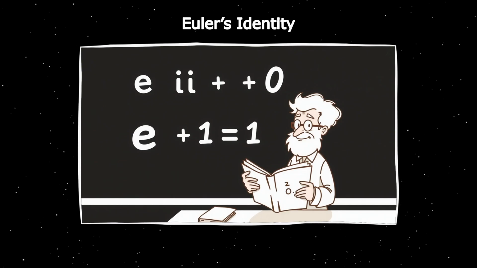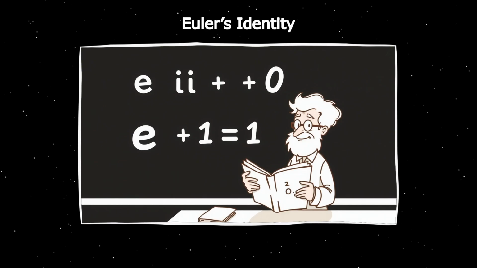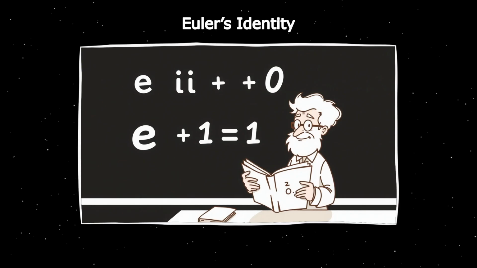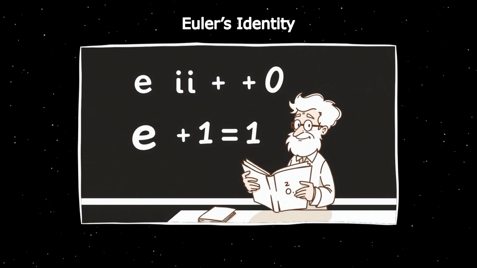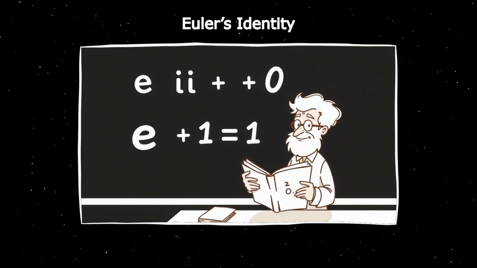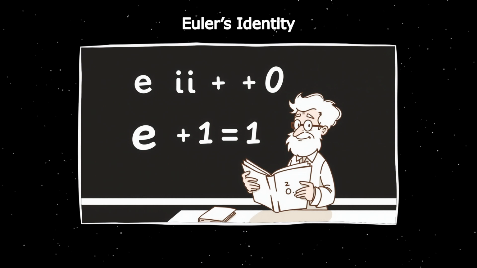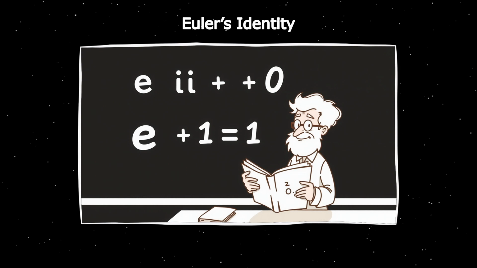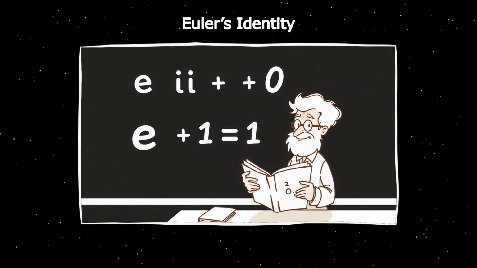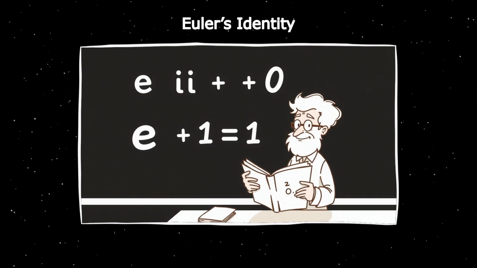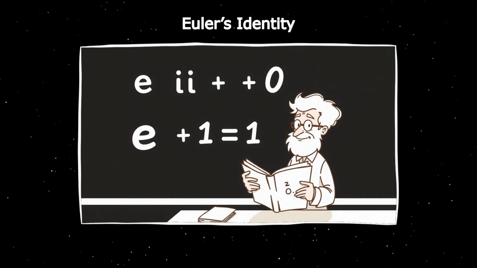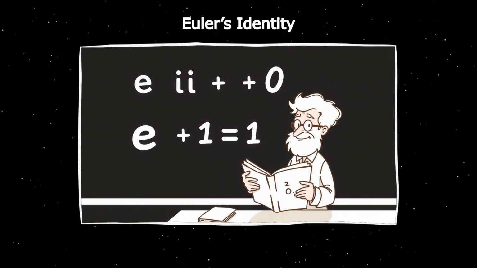The complex plane is a two-dimensional space where the x-axis represents real numbers and the y-axis represents imaginary numbers. When we plot the number e raised to the power of pi times i, we find that it lies on the unit circle, precisely at the point corresponding to -1 on the x-axis. This geometric representation reveals the profound beauty of mathematics, where numbers dance in perfect synchrony, forming shapes and patterns that